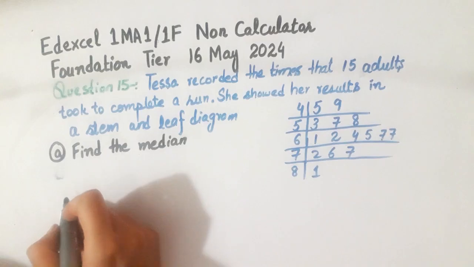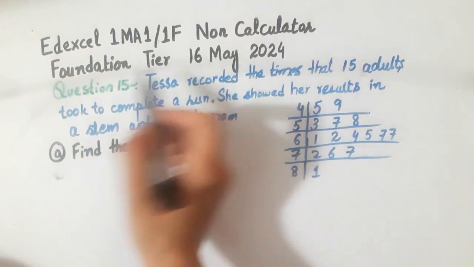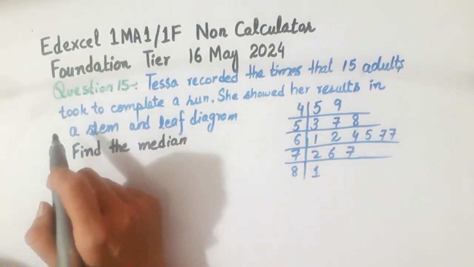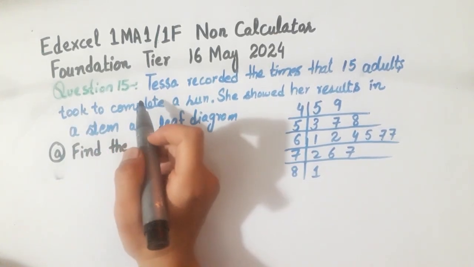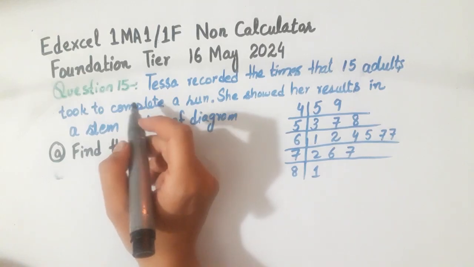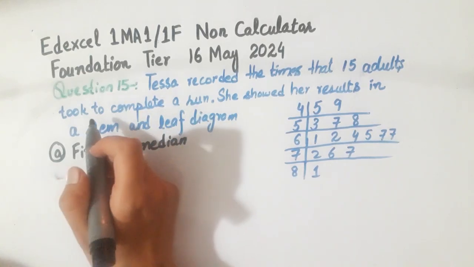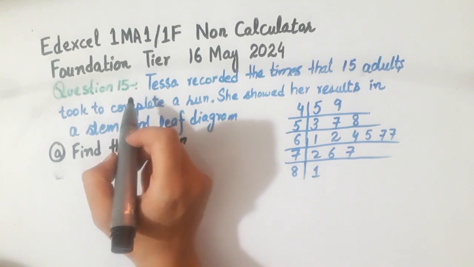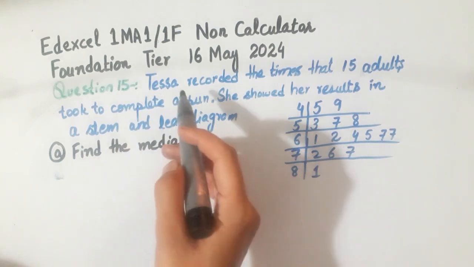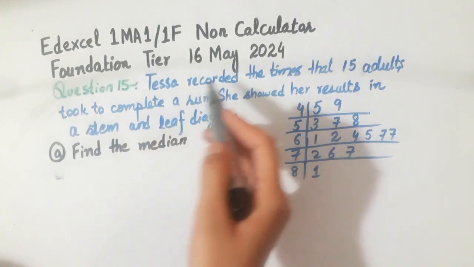In today's video, we will solve the Edexcel 1MA1 1F non-calculator paper from 16 May 2024, starting with question number 15. In the previous video, we solved questions 1 to 14, which you can find on this channel. Now we will solve from question number 15 step by step, with each question solved with a clear solution. Now the question is,